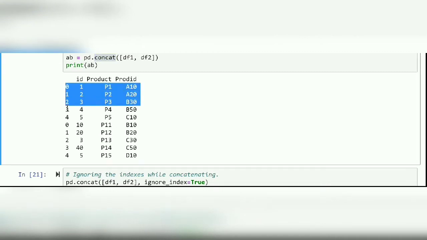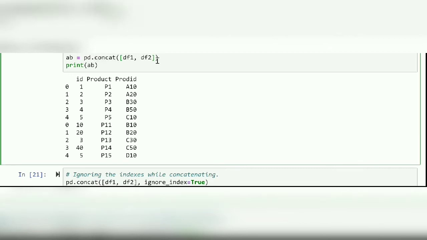Also note that the index here is 0 1 2 3 4 0 1 2 3 4, and I have not passed any parameters for axis as well. You must be aware now that concatenate basically is concatenating the objects along an axis.